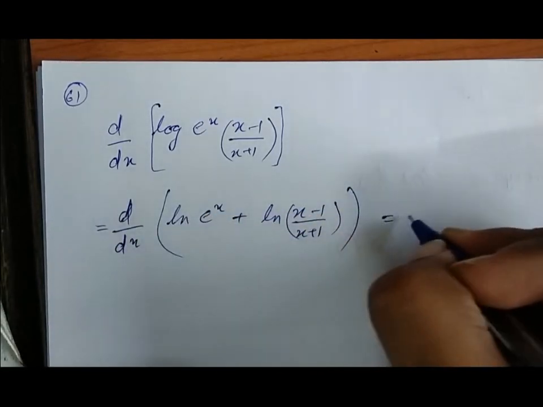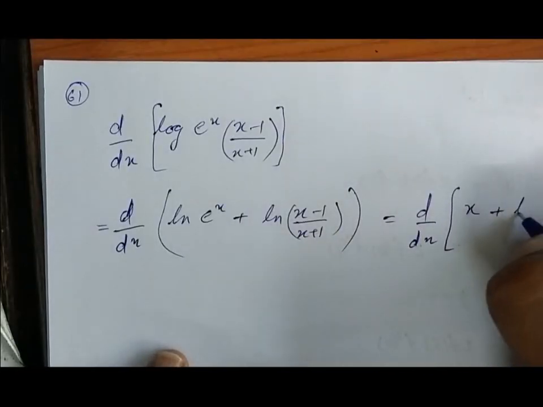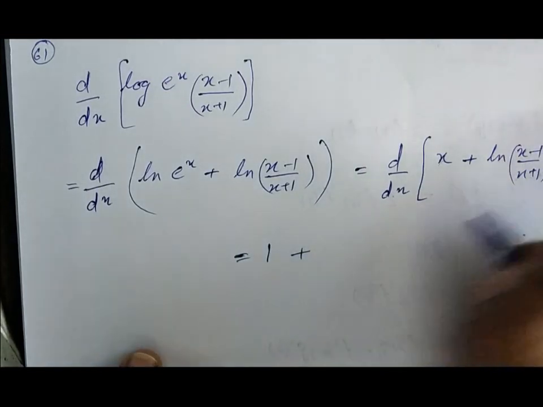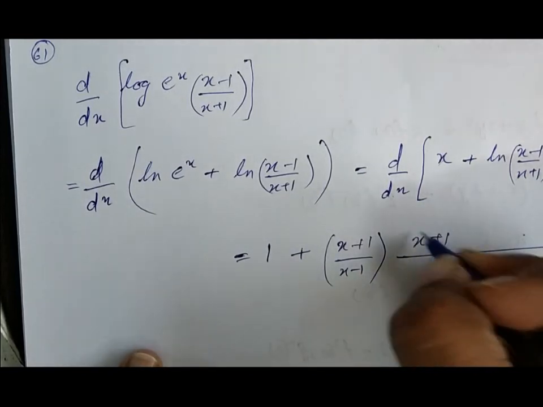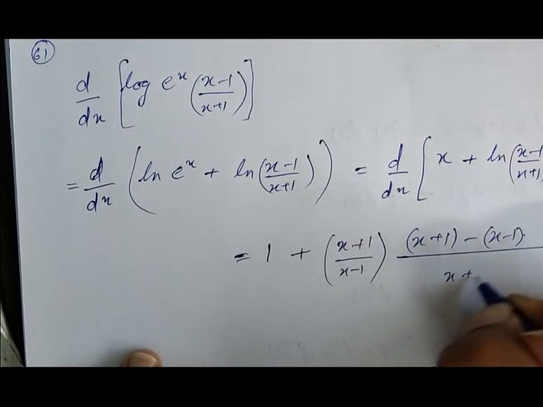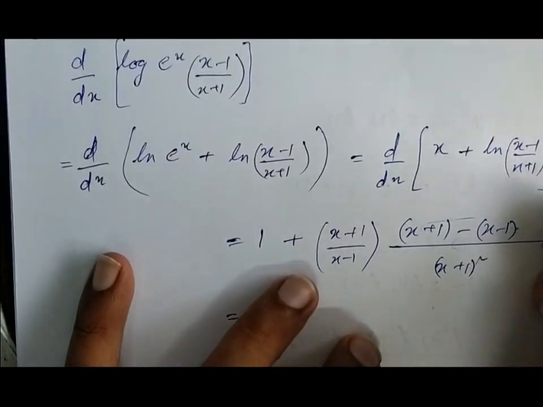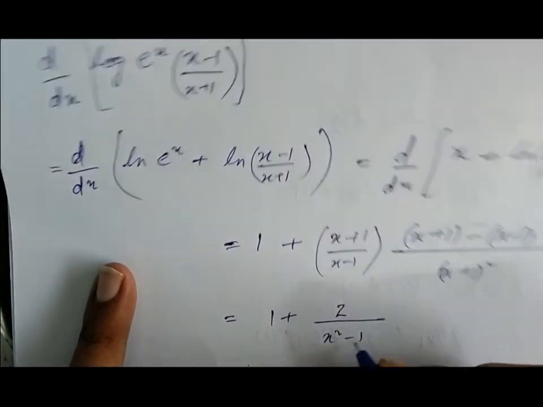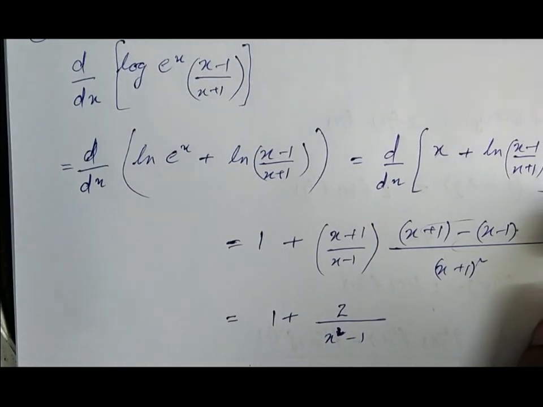Okay, this will be d by dx of x plus ln x minus 1 upon x plus 1. Now you can easily differentiate. Differentiation of x would be 1, differentiation of ln this would be x plus 1 upon x minus 1, and differentiation of this would be x plus 1 minus x minus 1 upon x plus 1 whole square. Okay, this would become 2. So 1 plus 2 upon x square minus 1, this would be your answer. Okay,